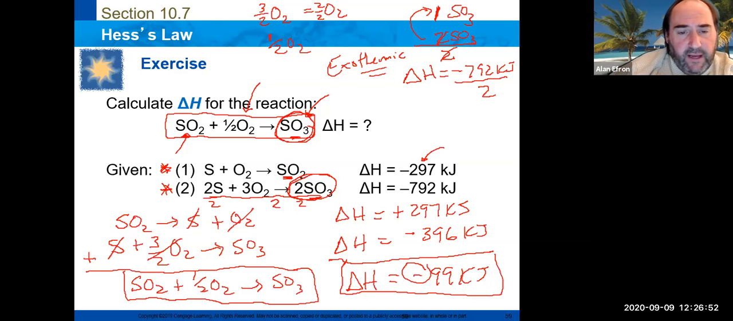Done with chapter 10. This is as far as we're going to go, I think, in chapter 10. All the other stuff you don't have to worry about on